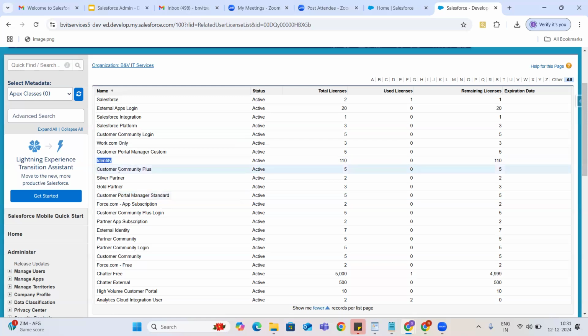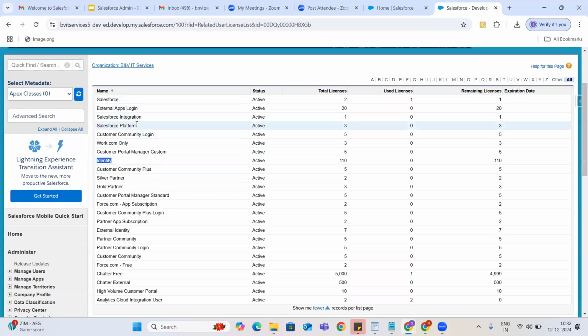For that purpose we will use the customer community license, especially for site design and development. And identity license is something like that: whenever you want to restrict particular users from accessing our org, then we will use identity license. For now, these two are fine, guys.